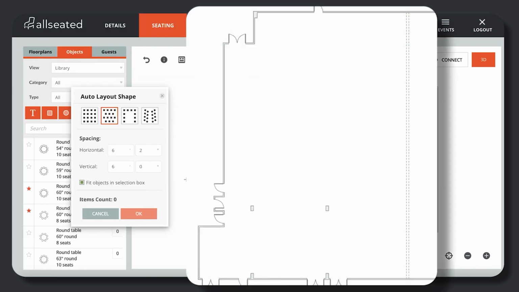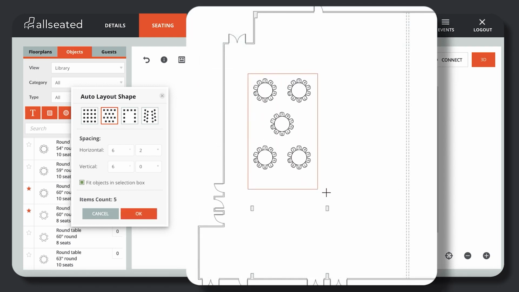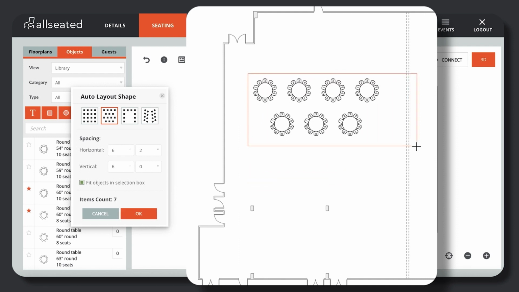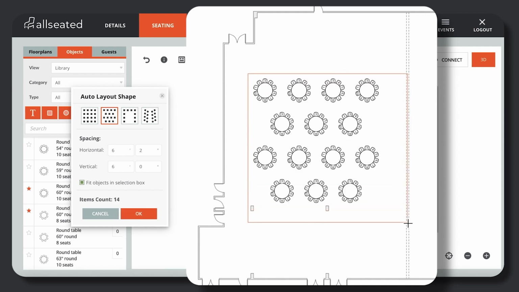This is your drawing tool to click and drag over the space where you would like to place your multiple objects, and automatically those objects are populated. Once you are satisfied with the objects you have placed on the floor plan, using the Auto Layout feature, release